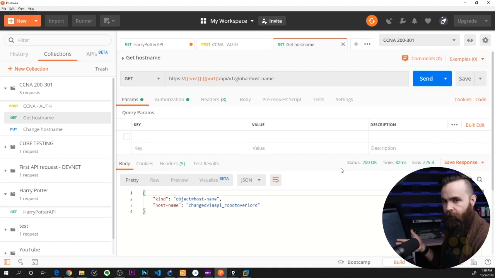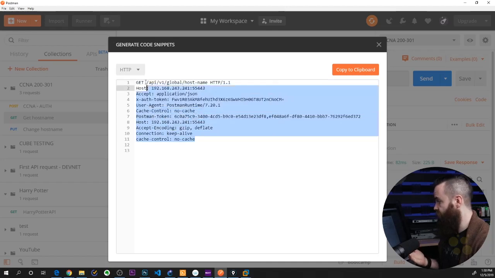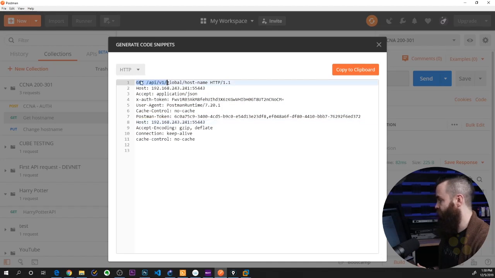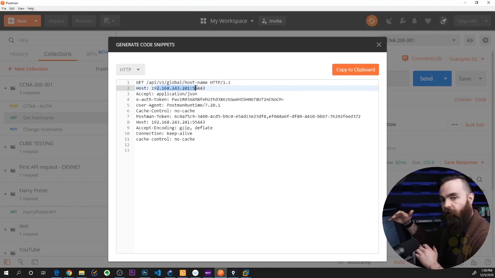Now, what's great about Postman, the tool I'm using, is it allows you to quickly test the API. It'll actually show you the code it's sending to this router. If I click on this code right here, I can see everything that I'm sending. Here in the request header, I've got the get, the verb, and the resource I'm looking at. Then we have the host. So it separates it out. What we see in that URL is being separated here.